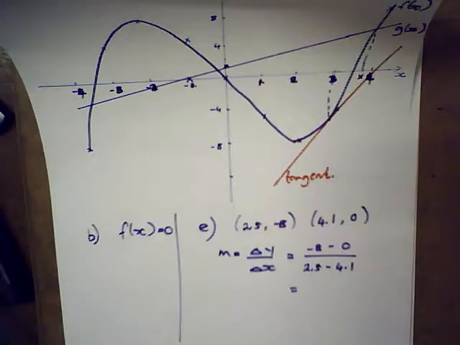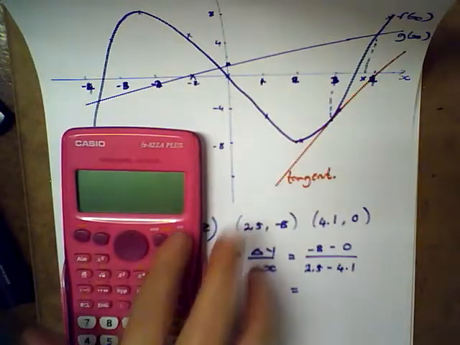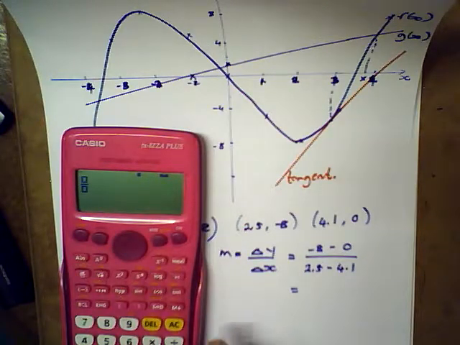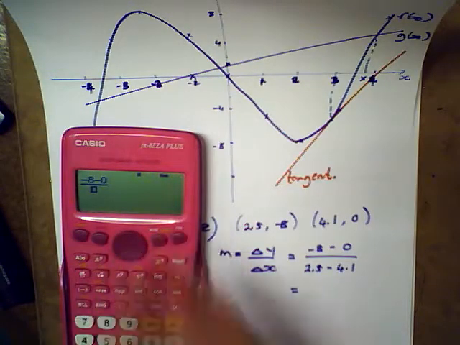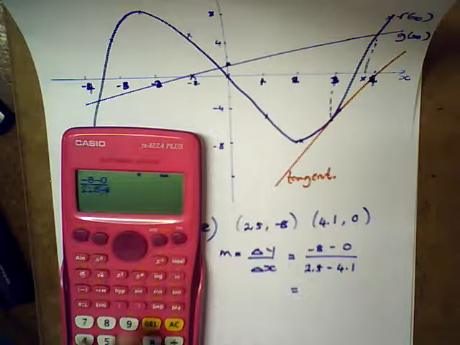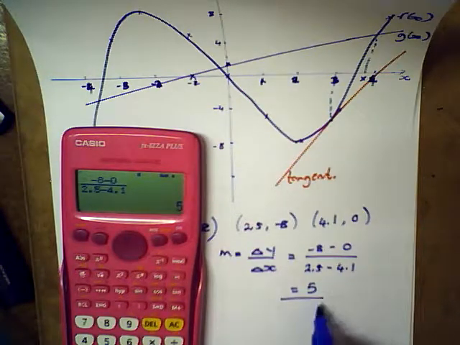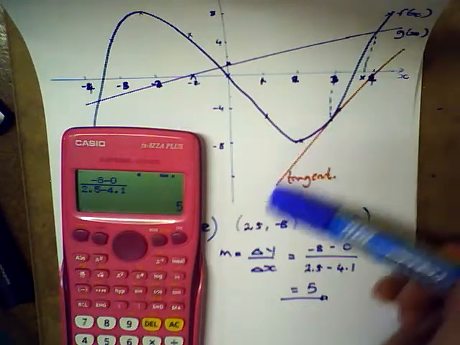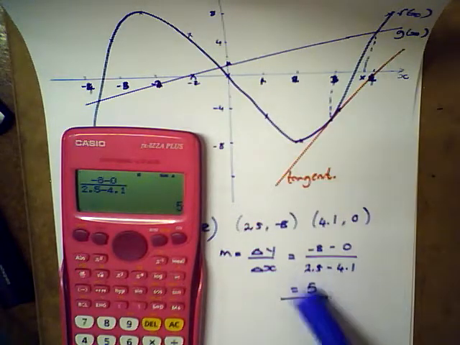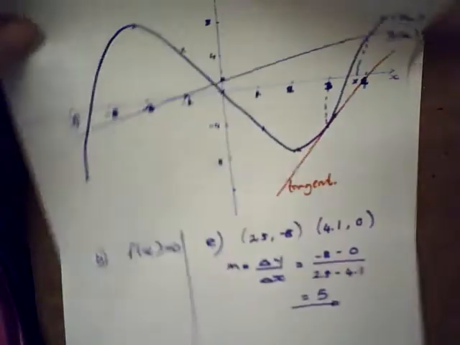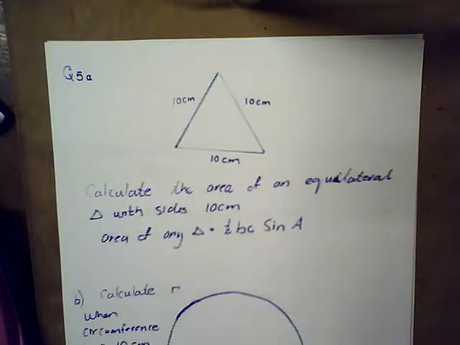Just get my calculator from my bag. There you go. So negative 8 minus 0, over 2.5 minus 4.1, and that would give me a gradient of approximately 5, and that is my answer. Your gradient might look different, your values might look different, but it would be in the positive direction and approximately that value. Good. Let's go on to question